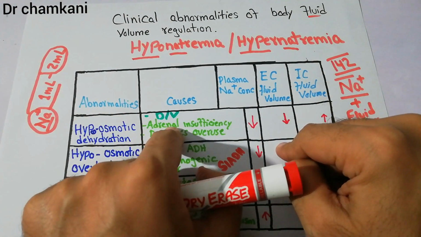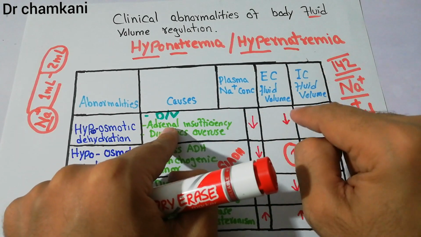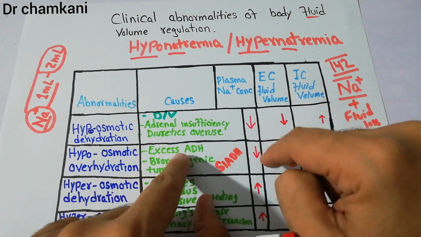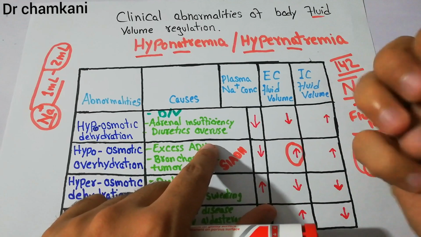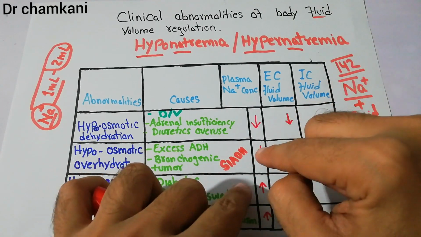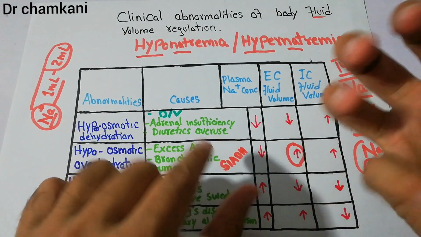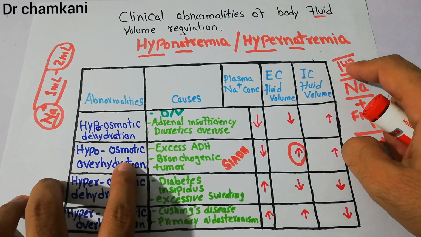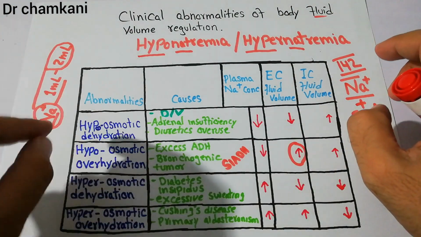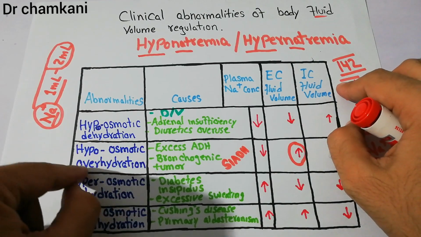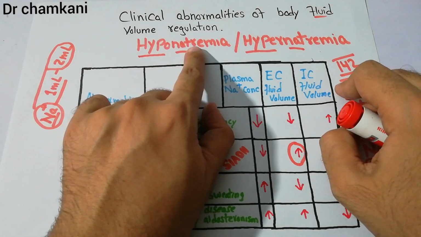In adrenal insufficiency, there is decrease in aldosterone, so there is fluid loss in the urine. In excessive ADH, there is a lot of water absorption in the kidneys. There is no absorption of sodium, but there is a lot of absorption of water. So the amount of water increases, which leads to overhydration. So excessive ADH basically leads to hypo-osmotic overhydration, which is